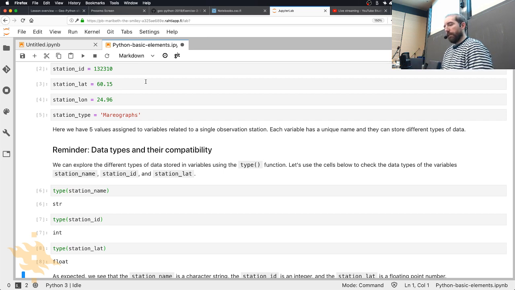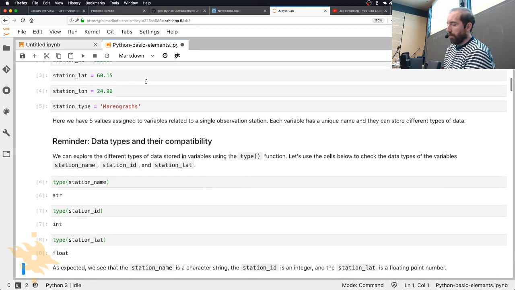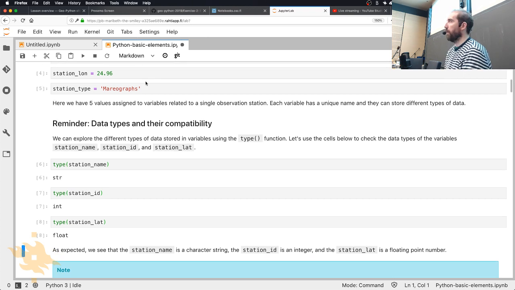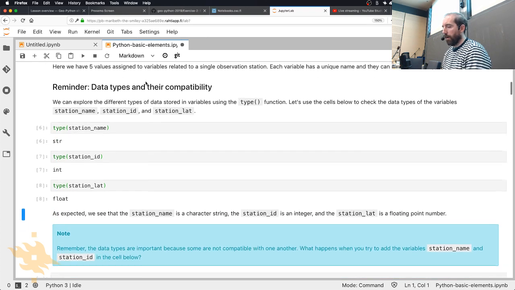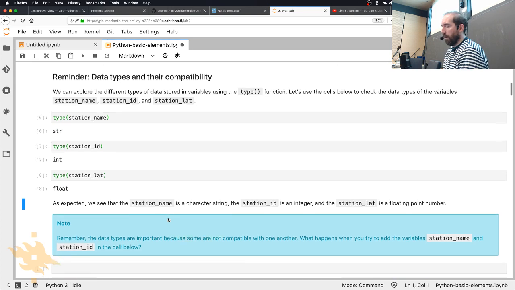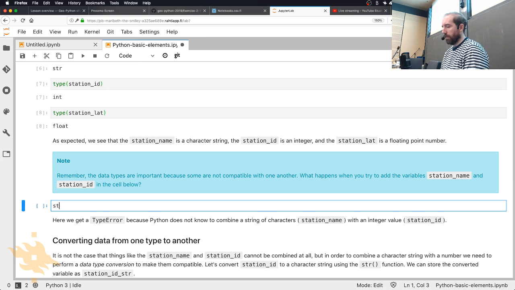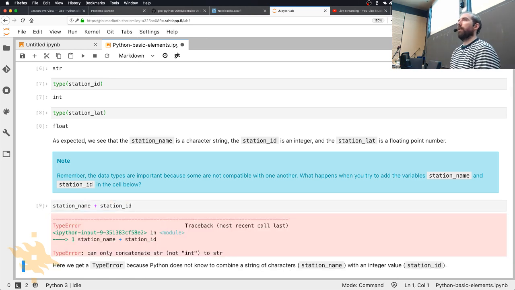I don't think we talked much last week about why knowing the data types is important, but it does make a difference because some kinds of data, certain types of data in Python are compatible with one another and certain types are not. So what we saw is our character string, integer, and floating point numbers. Some of those things can go together. An integer and a floating point number you can combine, no problem. But if we did something like this, if we tried to add together station name plus station ID, we're going to have some trouble